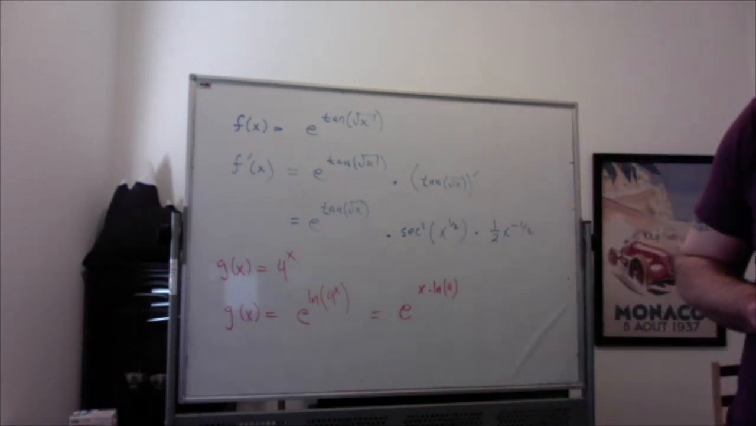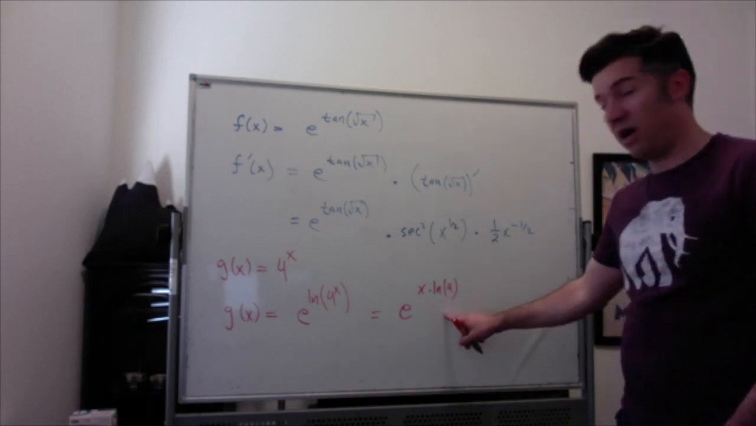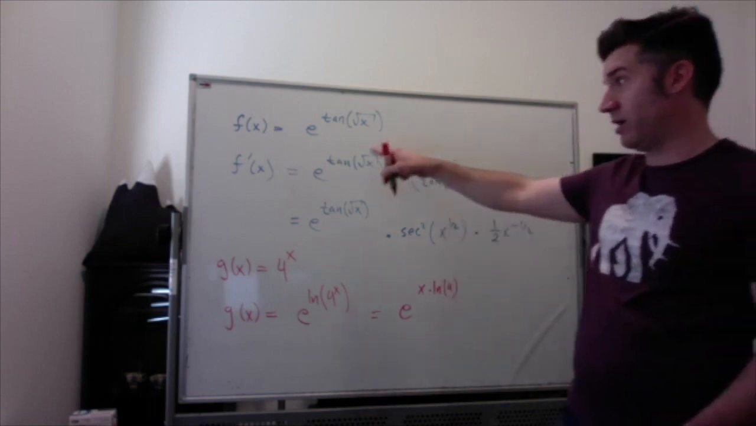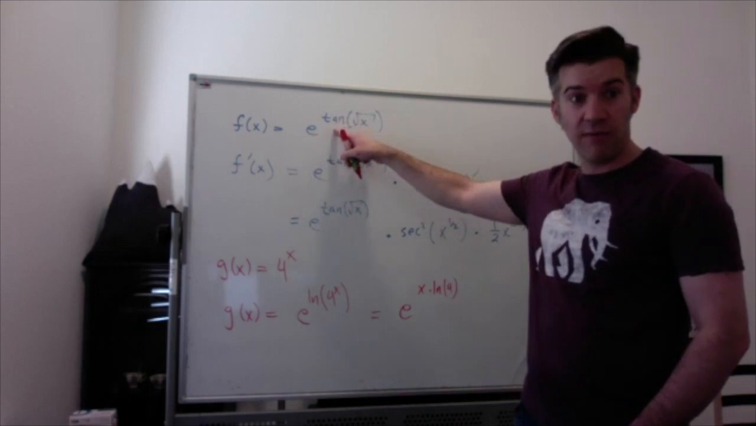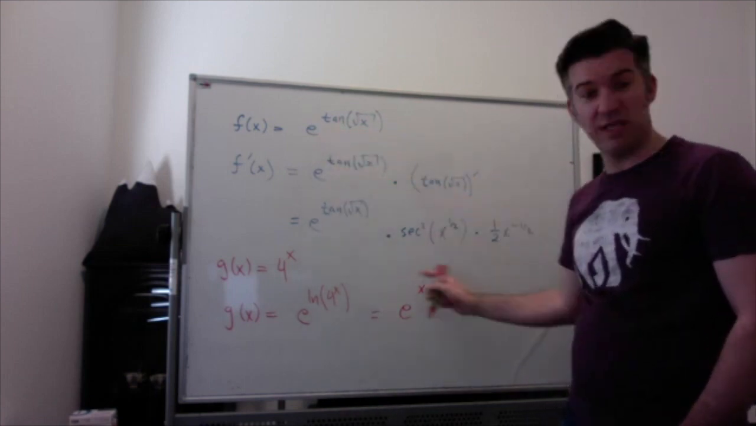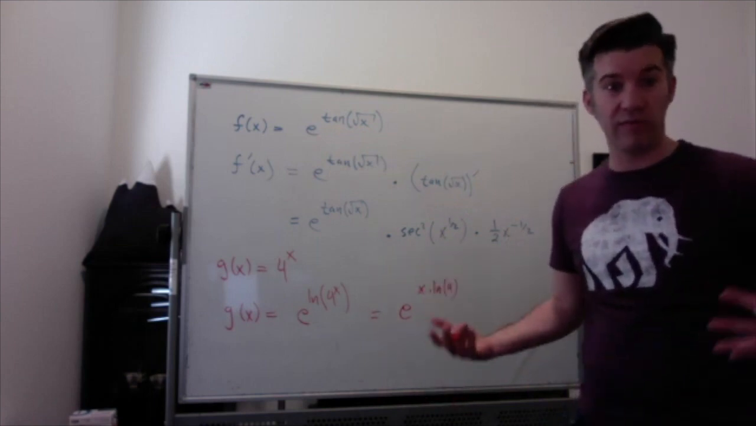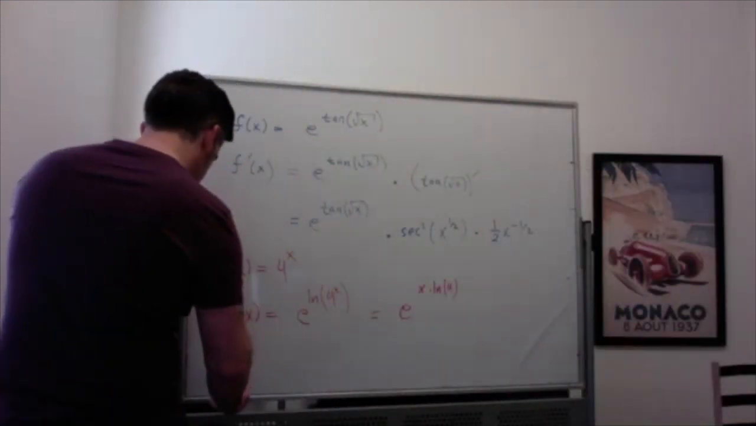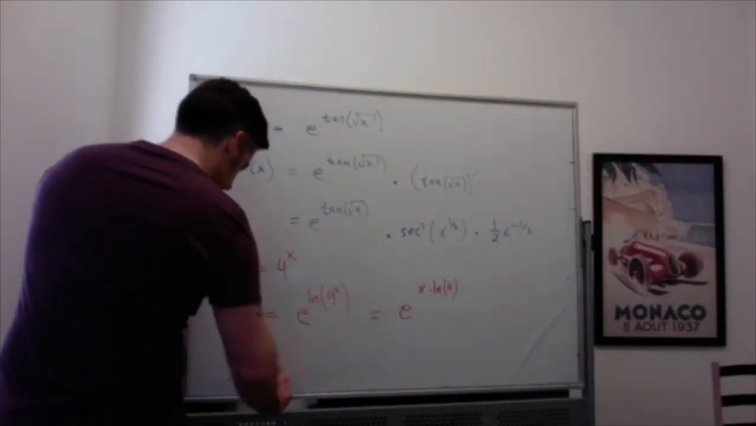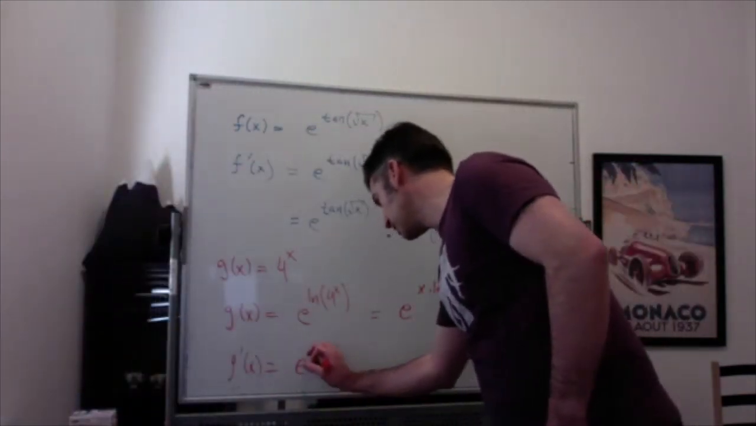Sure. Let me. Yeah. So now I'm going to take the derivative, right? So just like here, the derivative of e to the stuff is e to the stuff times the derivative of the stuff. I'm going to do the same thing right here. The derivative of e to the stuff is e to the stuff times the derivative of the stuff. Chain rule all the time. So the derivative of e to the stuff is e to the stuff